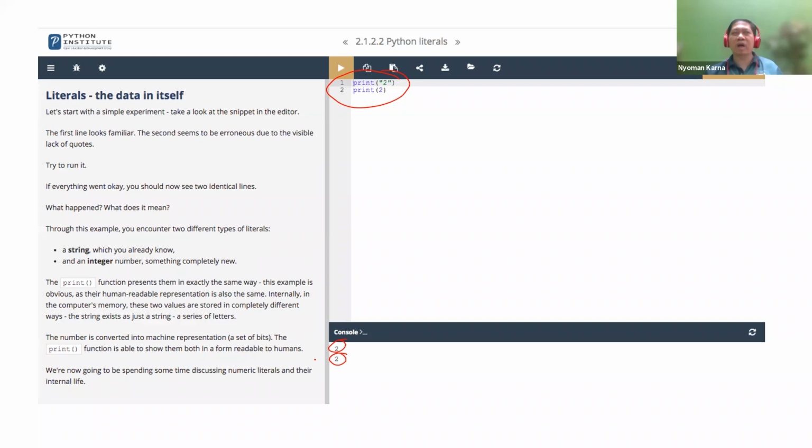From our point of view, they are the same, 2, but the first one is a symbol, while the second one is a value, which is the value after 1 and before 3. 1, 2, 3.